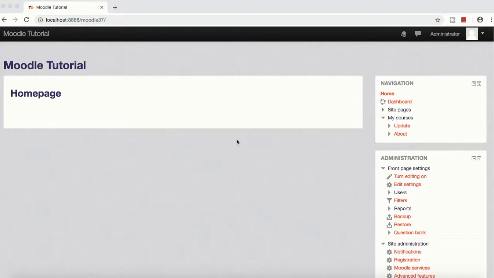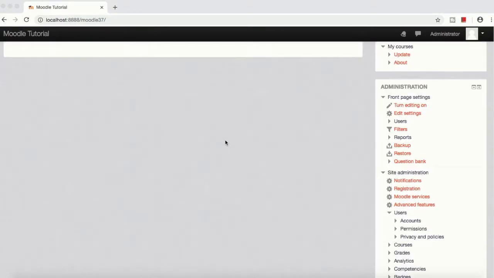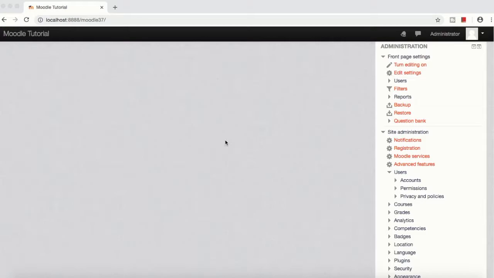In the last videos we have seen how to create category, edit category, add category and hide category. Now we will come to the main topic, that is how to add courses. So this is our dashboard, and there are a couple of ways of adding courses. We will see